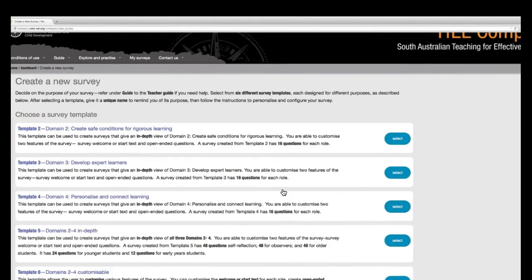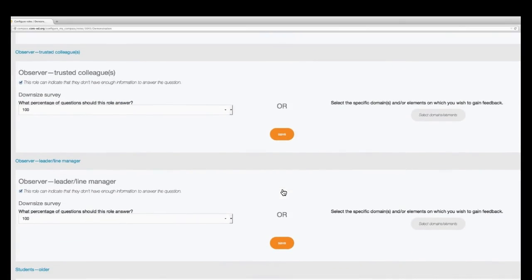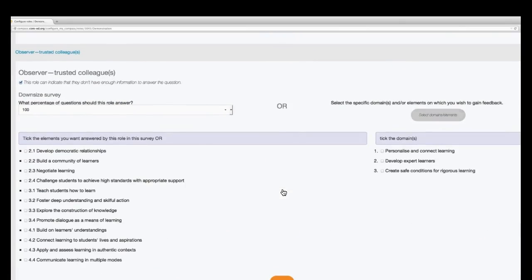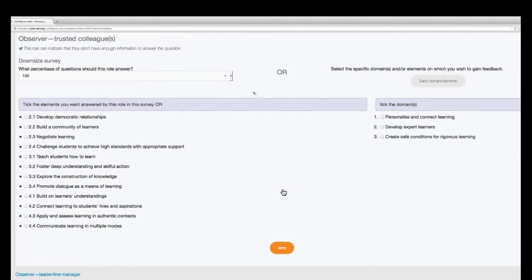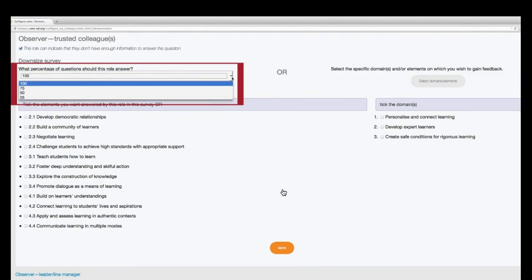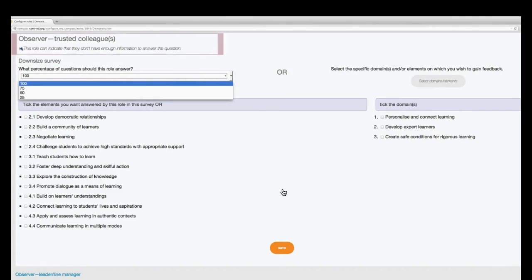It is important to be clear about what you want feedback on, so take the time to consider which template is most appropriate. When you become more experienced in using the TfEL Compass, you may want to select template 6. This allows you to choose specific TfEL domains or elements for feedback, select a percentage of questions for participants to answer, for example 25%, 50% or 75%, and provide the option for participants to skip questions that they don't have